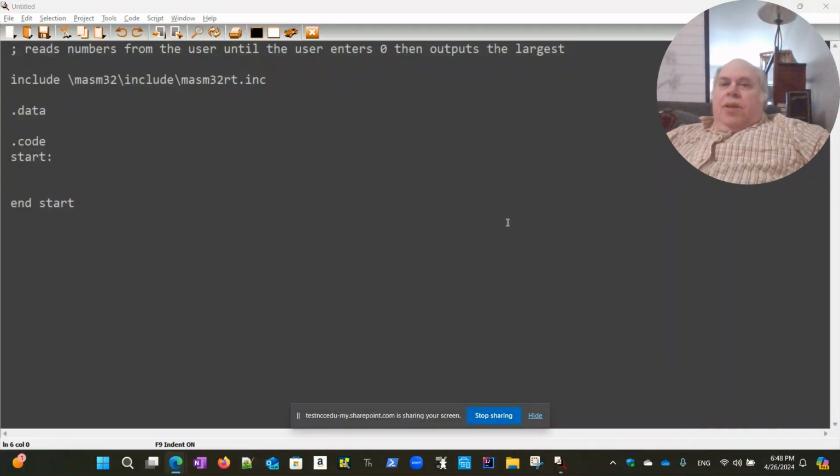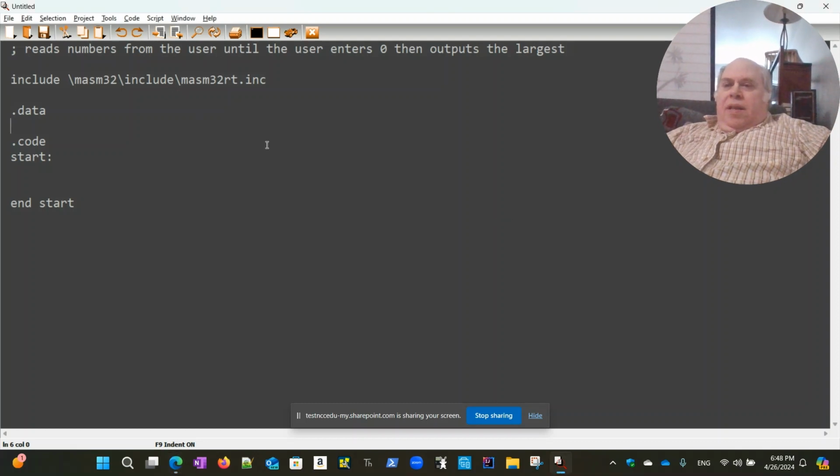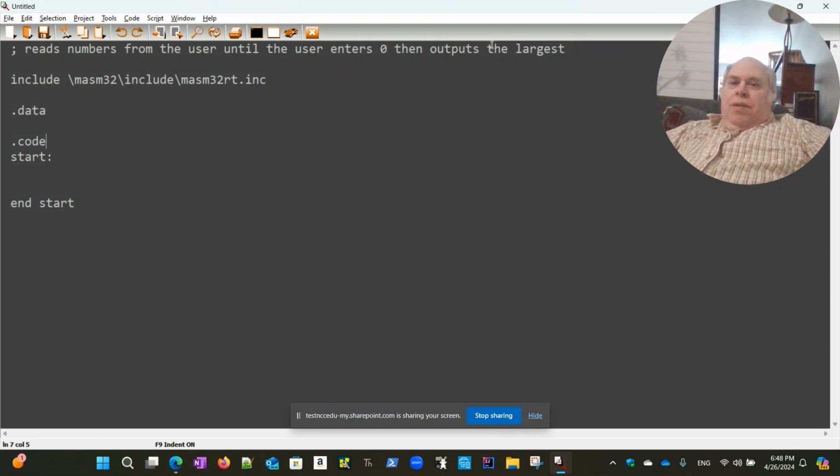Okay, guys. So this is the answer to the quiz on 429, where we're supposed to read numbers from the user until the user enters zero and then output the largest. Now, this is basically a template. What I mean by that is here we see,